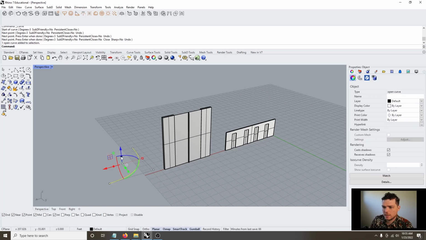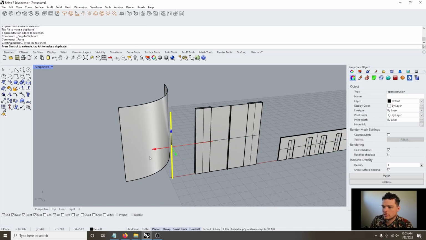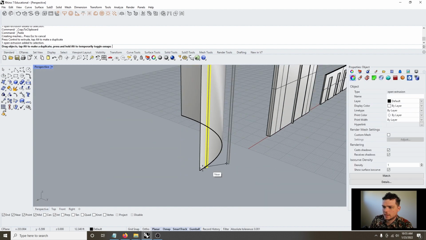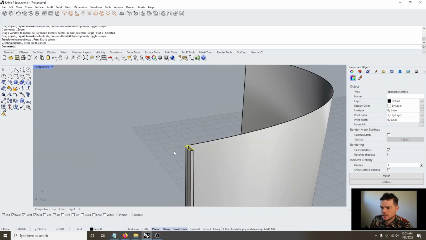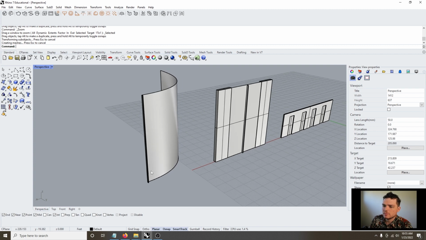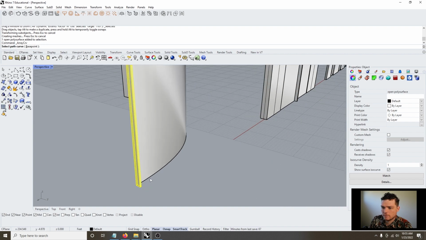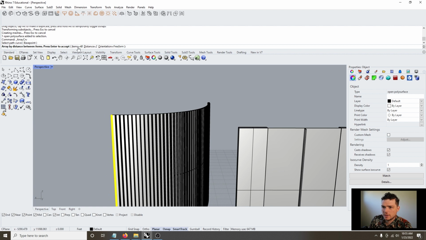Say if we had a curved curtain wall, we would have to come in here and select, move this. Sorry, I just wanted to get this aligned. So if we wanted to make a curtain wall along this panel, I would use our array along a curve, select that curve, and we can specify the distance. So let's go,